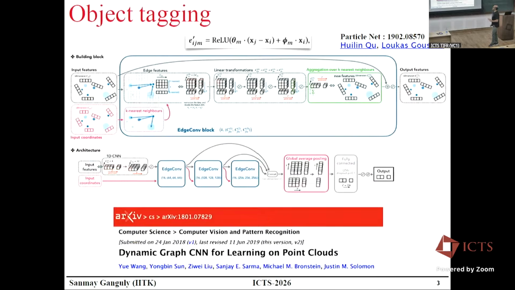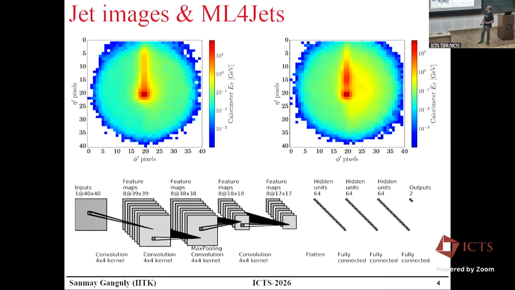Before diving deep into the networks, currently there are two classes of networks. One is something called ParticleNet, which was built by people in CMS, especially Huilin Qu and Loukas Gouskos. On the other side, we on the ATLAS side built something called GN1, GN2, etc. I will discuss both such architectures, which played a pivotal role in the last 3-4 years in training all the mainstream machine learning tasks. We will try to understand how those things are going, but let's start with an easier one.